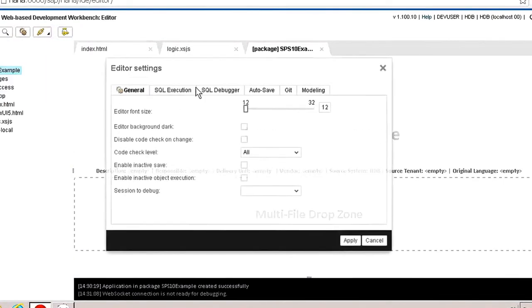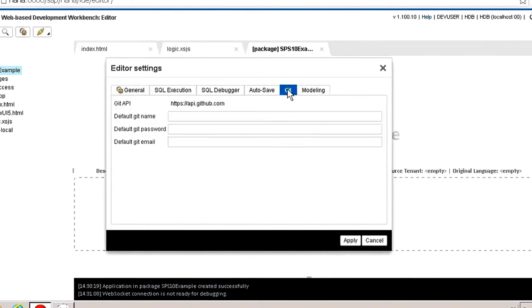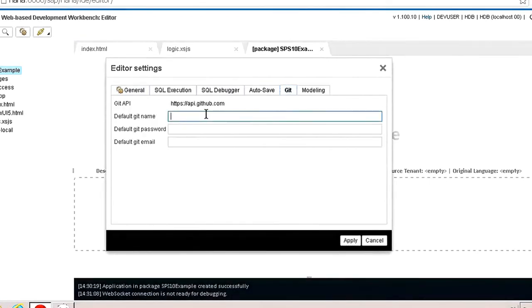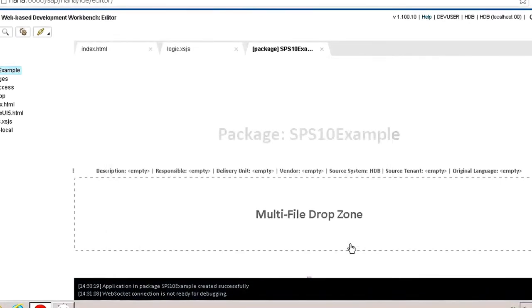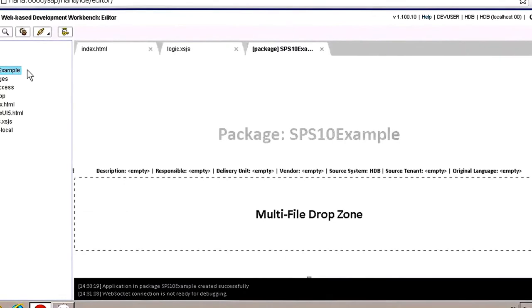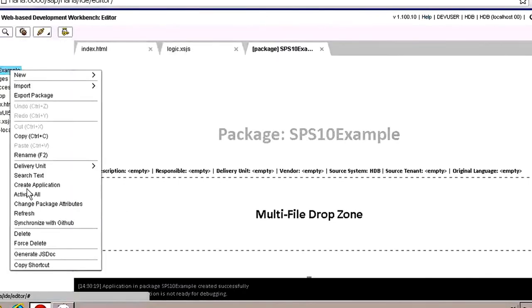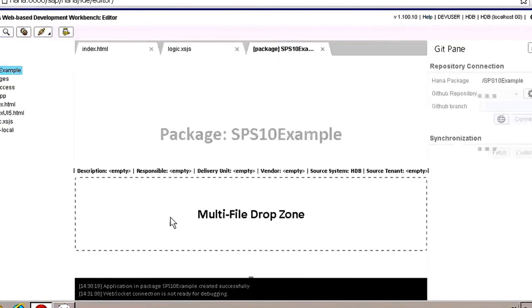However, before I do that, just to save us a little bit of time later, if we go to the settings option and we choose the Git tab, we can specify basically the login information for our GitHub account. And this means we won't have to actually put this in every single time we want to do a bit of synchronization. So I'm going to put in my account details and apply that, so that now when I go for the option synchronize with GitHub,